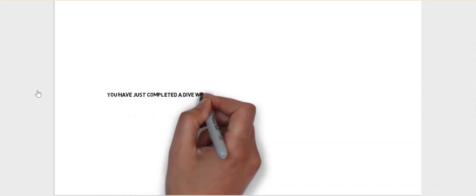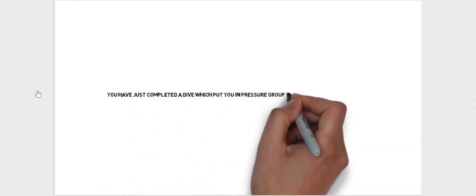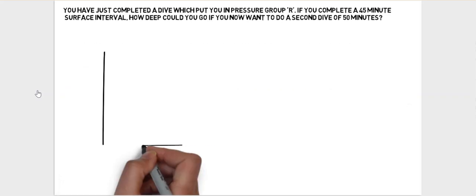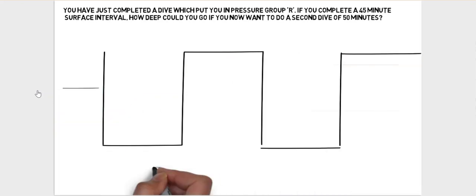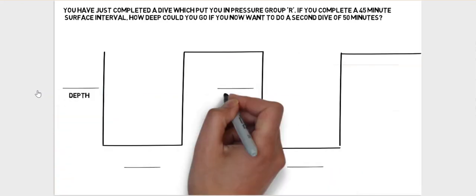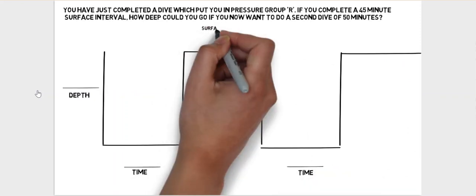So this is quiz 1, question 2, a question about a repetitive dive. You have just completed a dive which put you in pressure group R. If you complete a 45-minute surface interval, how deep could you go if you now want to do a second dive of 50 minutes? So it is a 2-dive question, and we're going to use our standard 2-dive chart,